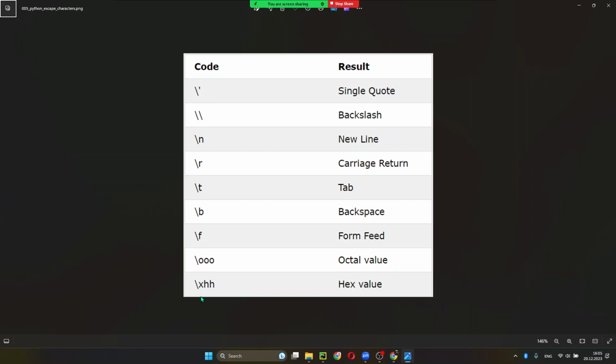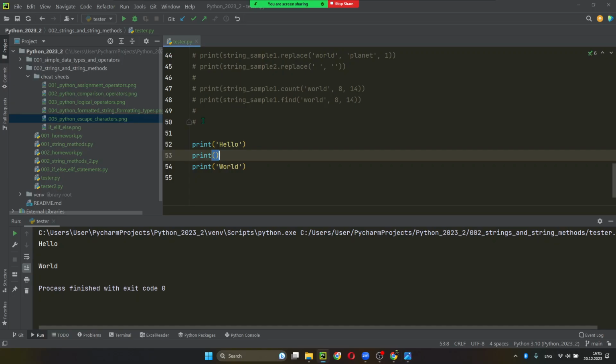So these are all escape symbols. The last four we won't be talking about at the minute. So you need to escape single and double quotes if needed. If you have a string with double quotes, you need to escape the double quote. If you have a string with single quotes, you can escape the single quote. The backslash itself. So if you don't want the backslash to act as an escape character, for example, if you have